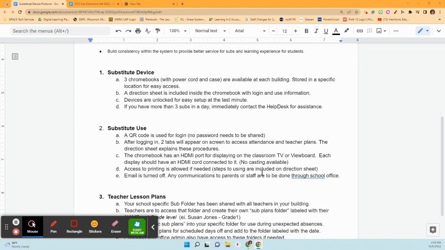As far as how the substitute uses this new protocol, there is a QR code that is provided on the direction sheet for them and that they use to log in. When they open it up, they will see 2 tabs as soon as it logs in. One tab will be a tab for PowerSchool to allow them to actually go in and take attendance through our sub account. So the teacher does not need to give them their login information for PowerSchool. There is a sub login that is used, and it will come up and be ready for them